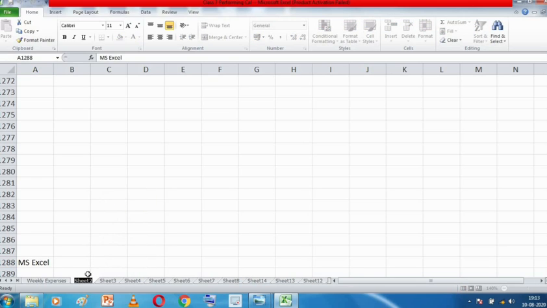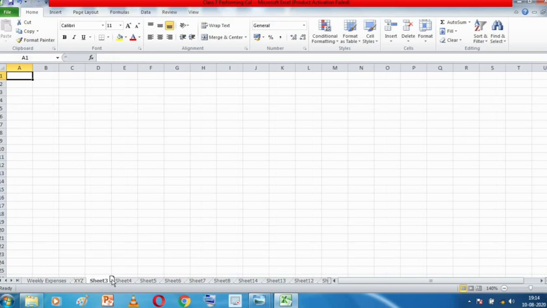Just click on this rename. Again this will be highlighted. Suppose I want to change the name to class 7 or anything. I can give it any name, XYZ. Just click on enter and the sheet name will be changed. Okay students, so this is how we change the name of the worksheet. I've shown you 2 methods. Whichever you like, you can use it.